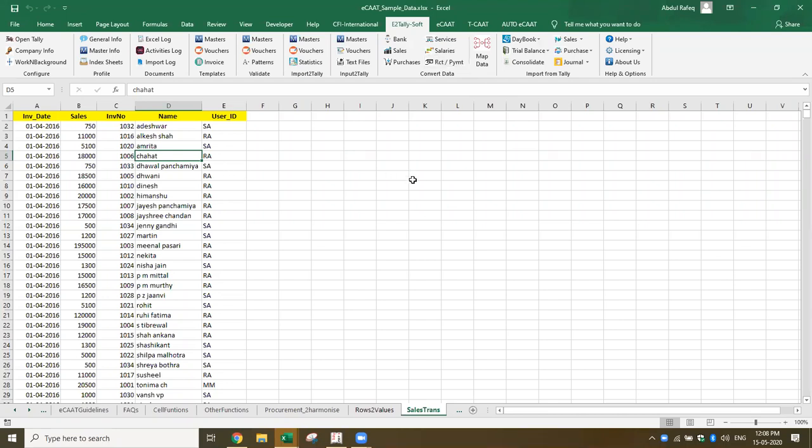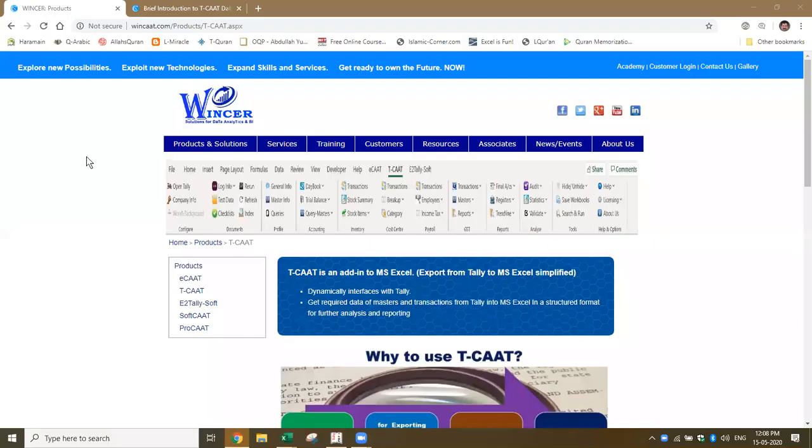Suppose a client comes to you, gives you the bank statement, and wants you to do the data entry and then prepare his returns. Instead of that, the bank statement in Excel format, you can directly convert. It will convert to the Tally voucher. You just have to give the corresponding ledger name and you can import the transaction directly into Tally. For this, I'll not give a demo, I'll just give a reference. For example, here, E2TallySoft is there.